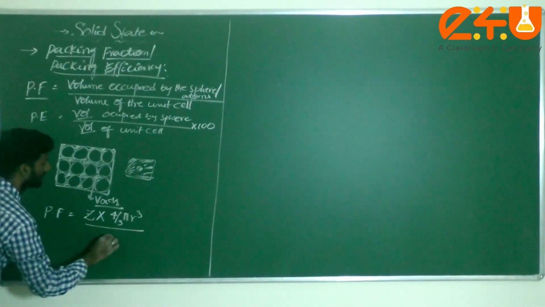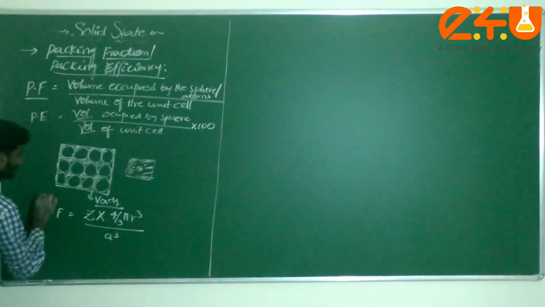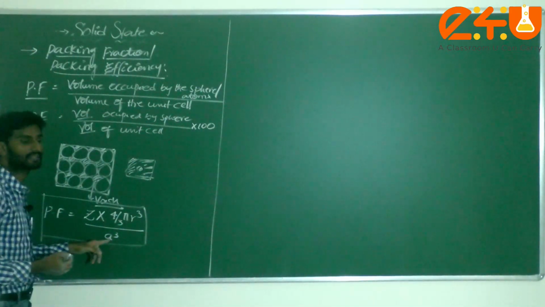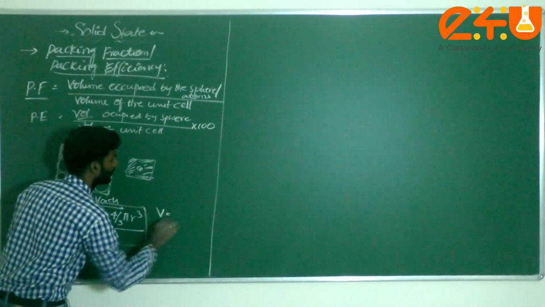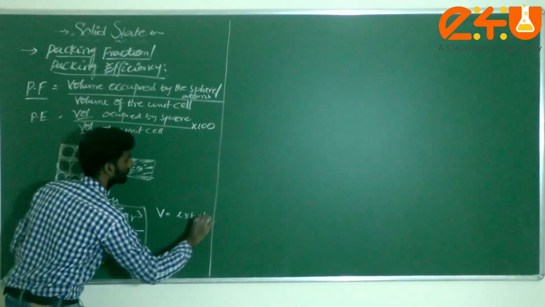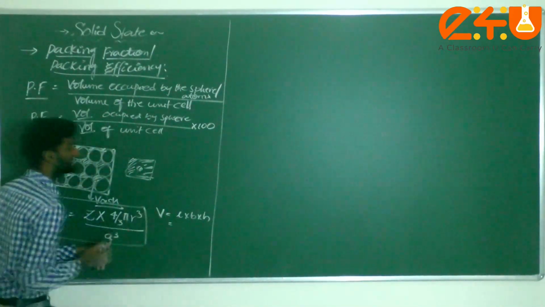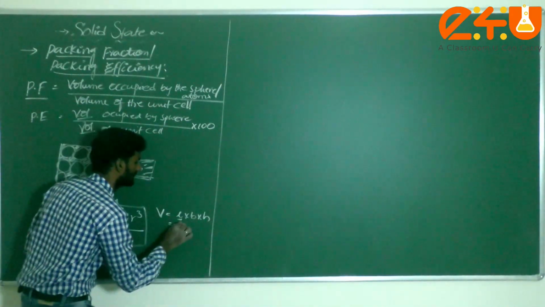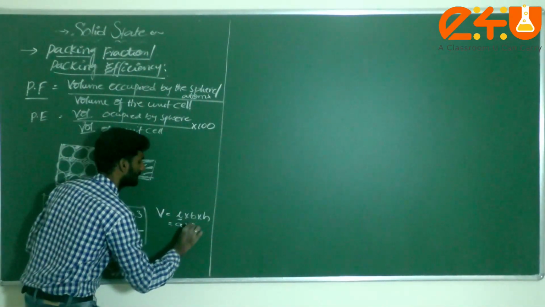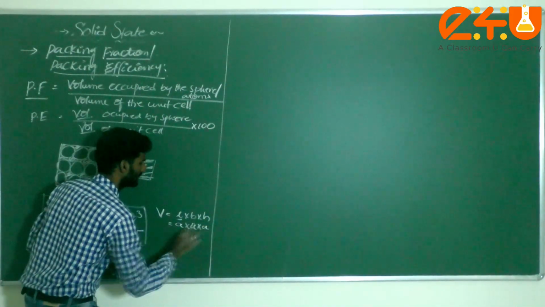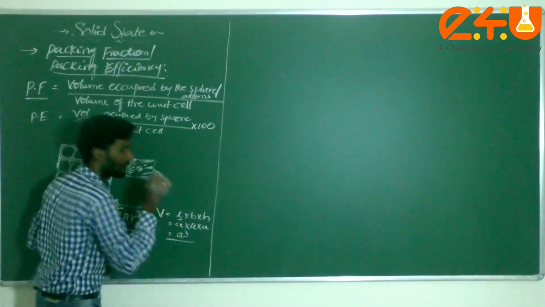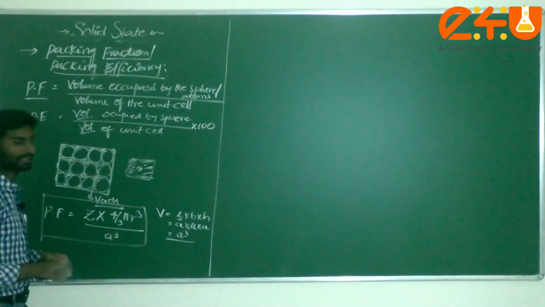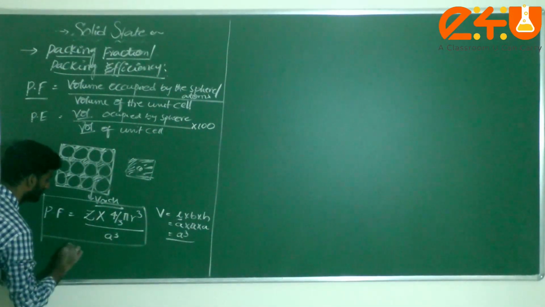We can consider a cube, where volume V is equal to L into B into H. I can consider the edge length, the length A, breadth A and height also A. So the volume is equal to A cube. Here Z indicates